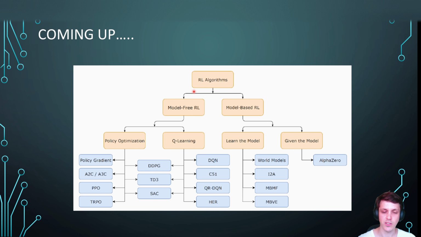But the next two-part series, potentially, is going to be on deep reinforcement learning. So using the ideas of reinforcement learning, but now throwing away that discrete table and using a neural network instead, and seeing what that gives us and the slight changes we need to make to the existing algorithms we've already seen in order to get them working with